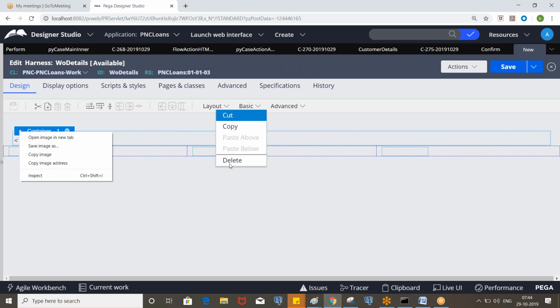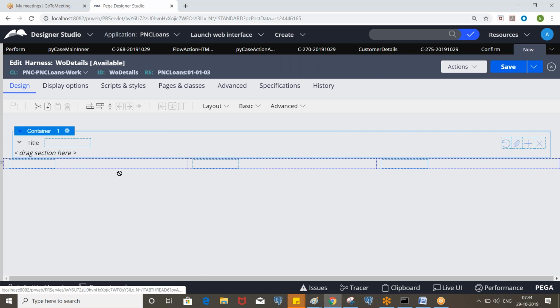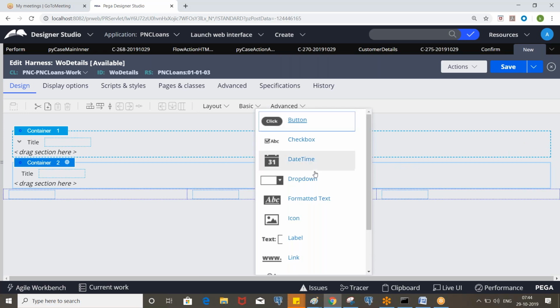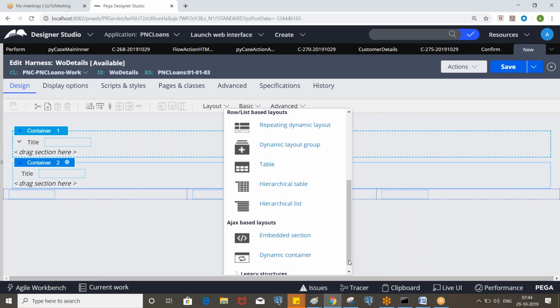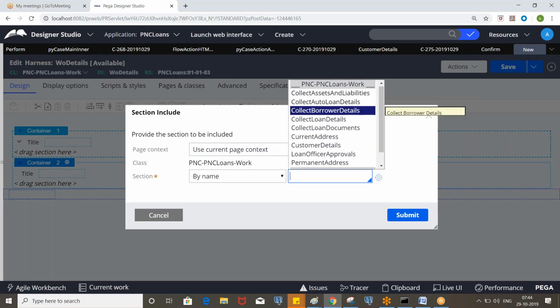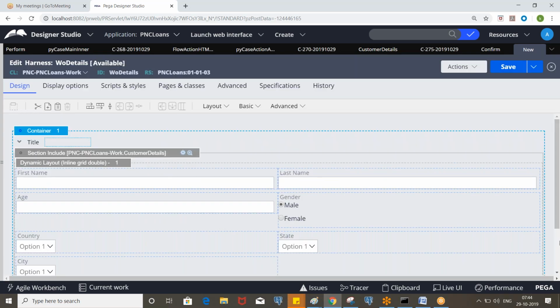So by default you will see some container, and you can call multiple containers like this, and inside the containers we call the sections. So drag it and call it. So you can call multiple sections like this.